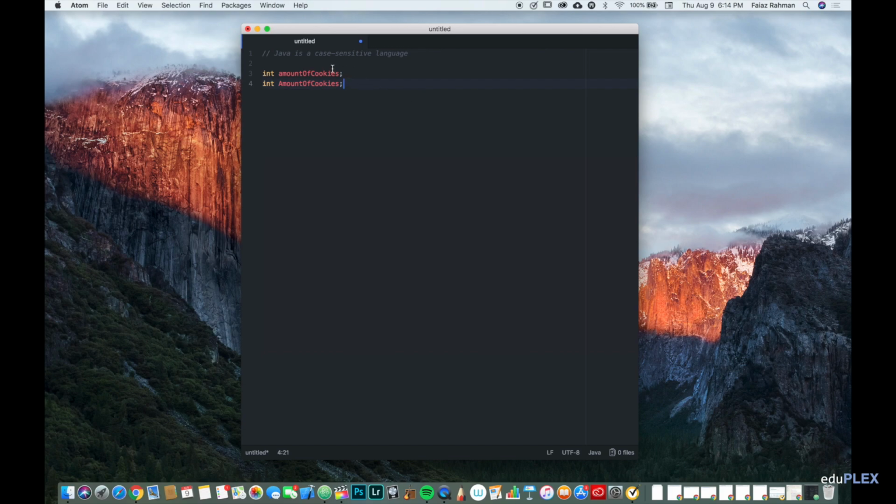The important point here is that if you name a variable something like this lowercase amountOfCookies, and you try and access it later in your program but you accidentally type in an uppercase AmountOfCookies, you'll get an error for trying to access a variable that doesn't exist. The case of the letter, so whether it's uppercase or lowercase, is very important to making unique names in Java, so we need to be cautious not to make any errors when we're writing the names of our variables. Also, you would never